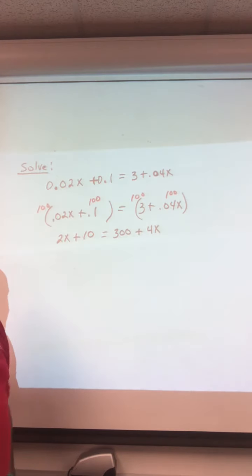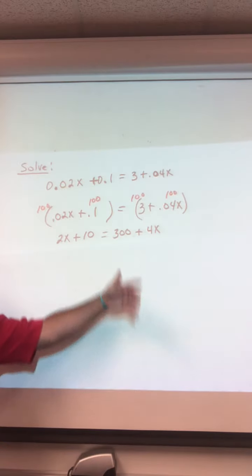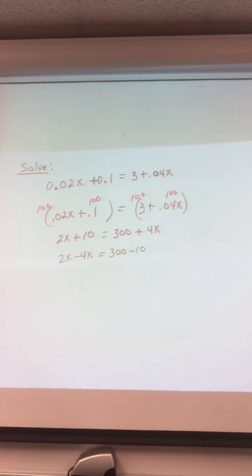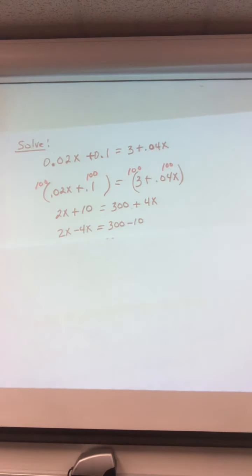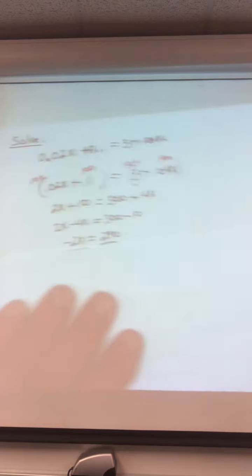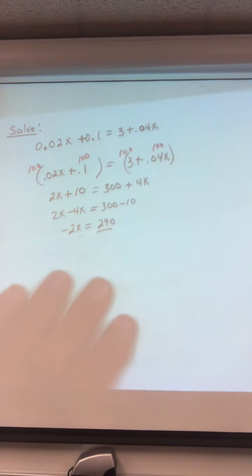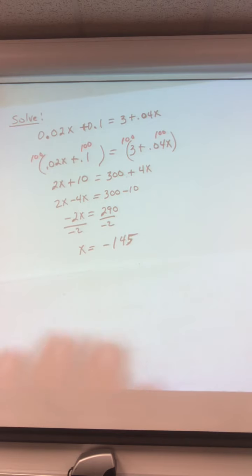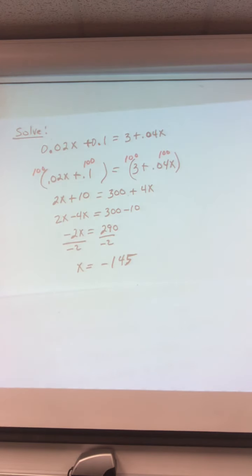Now, all of the decimals are at the end. So, essentially, there's no decimals in the problem, is the way we would say that. Now, you're back to that same 2-step process. X is on one side, numbers on the other. And there it is again. AX equal B. Divide by the coefficient to get negative 145. Now, I didn't spin my wheels long there because we've already been over that enough. So,